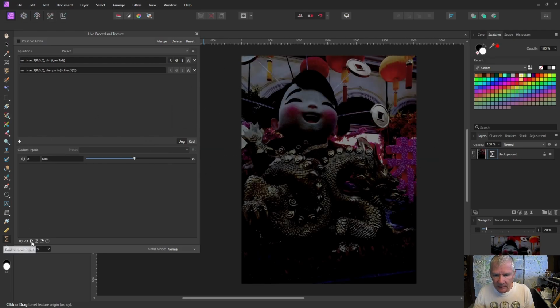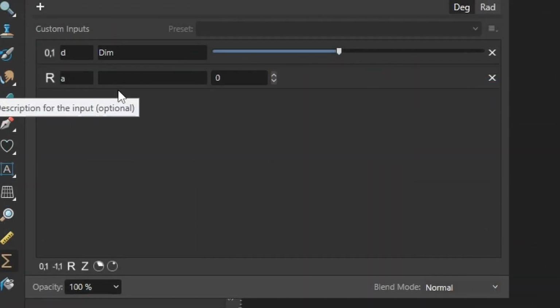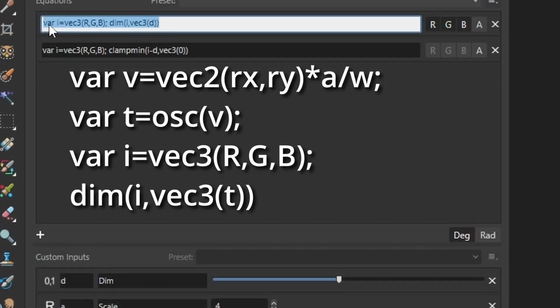Now I could, instead of just having a constant, I could have a pattern. So I'll create a little pattern. I'll just use A as a scale function, set it equal to 4. And then I could create a variable v equals vec2 of rx comma ry times a divided by